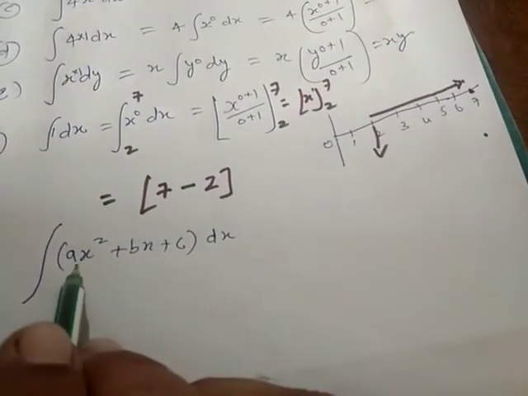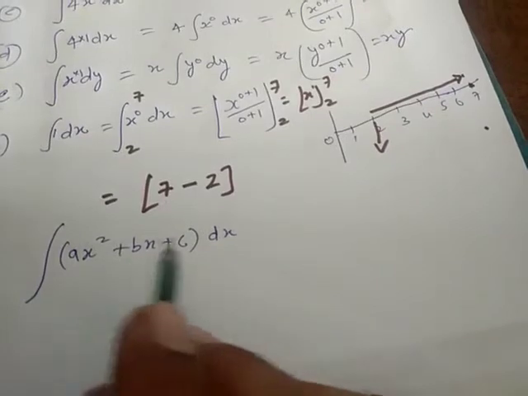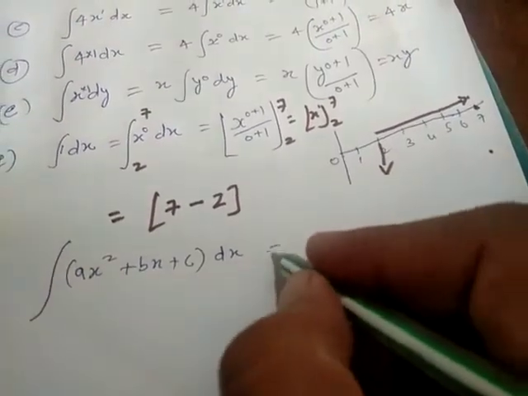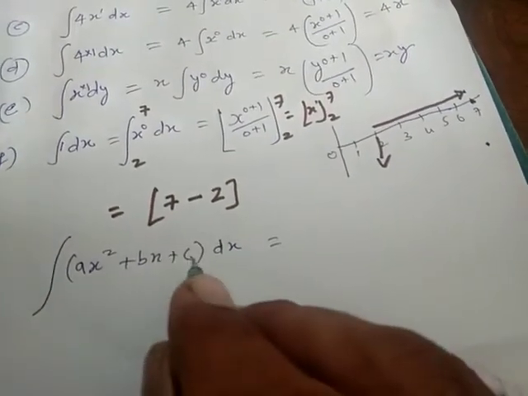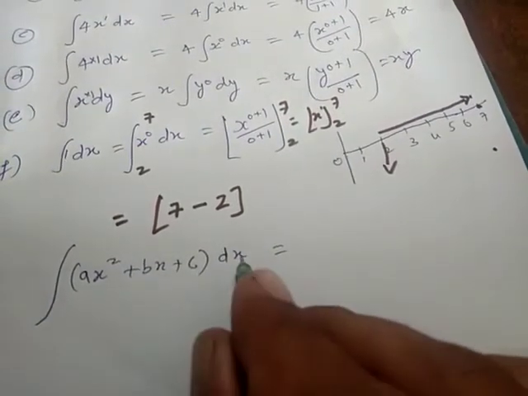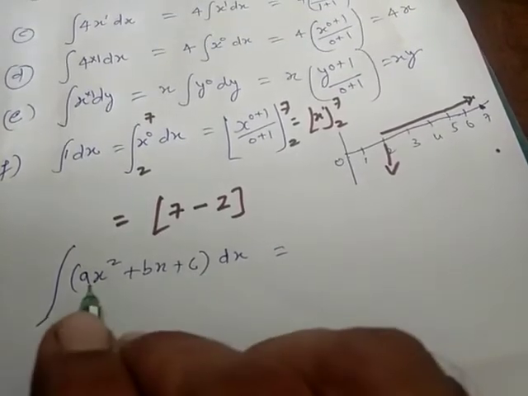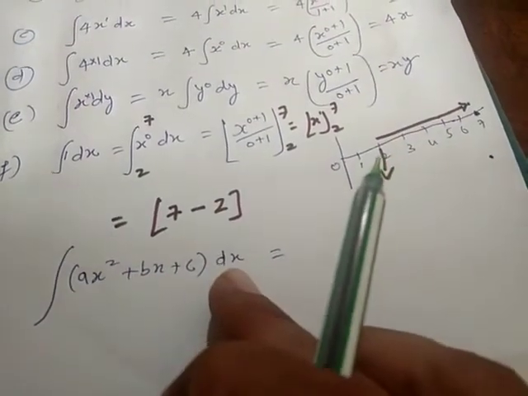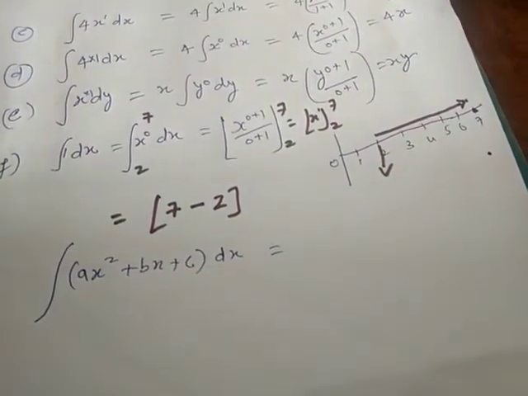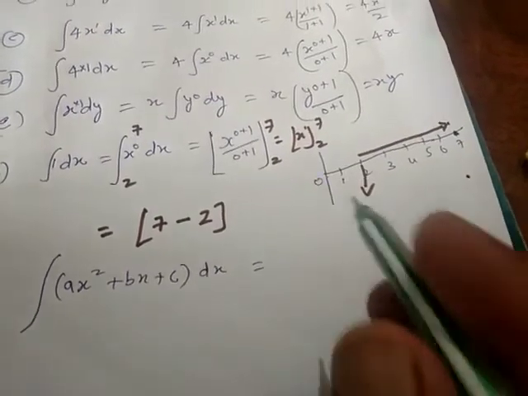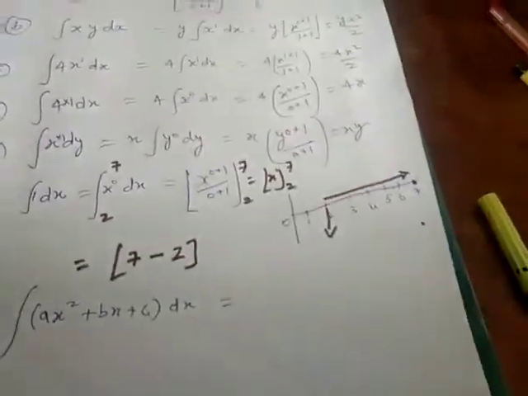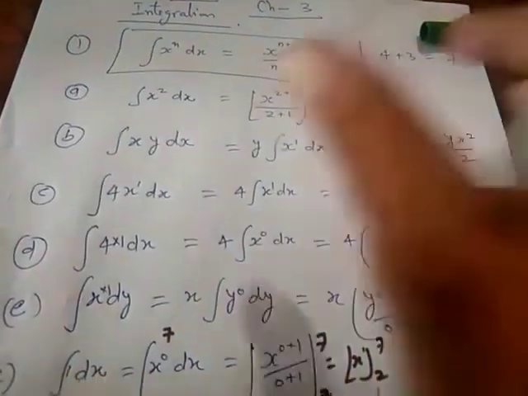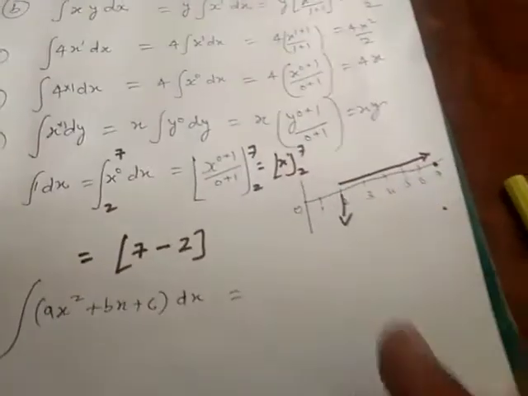So here the terms are three: ax square, bx and c. The symbol is of integration, where a, b, c are constants and x is the variable. With respect to x we are integrating it. In place of x, if this is at square plus bt plus c, then we will integrate with respect to t or dt, no problem at all. Gradually we will learn. This is a new thing, very simple: we just have to increase the power by 1 and divide by the raised power, but different formulas are there.